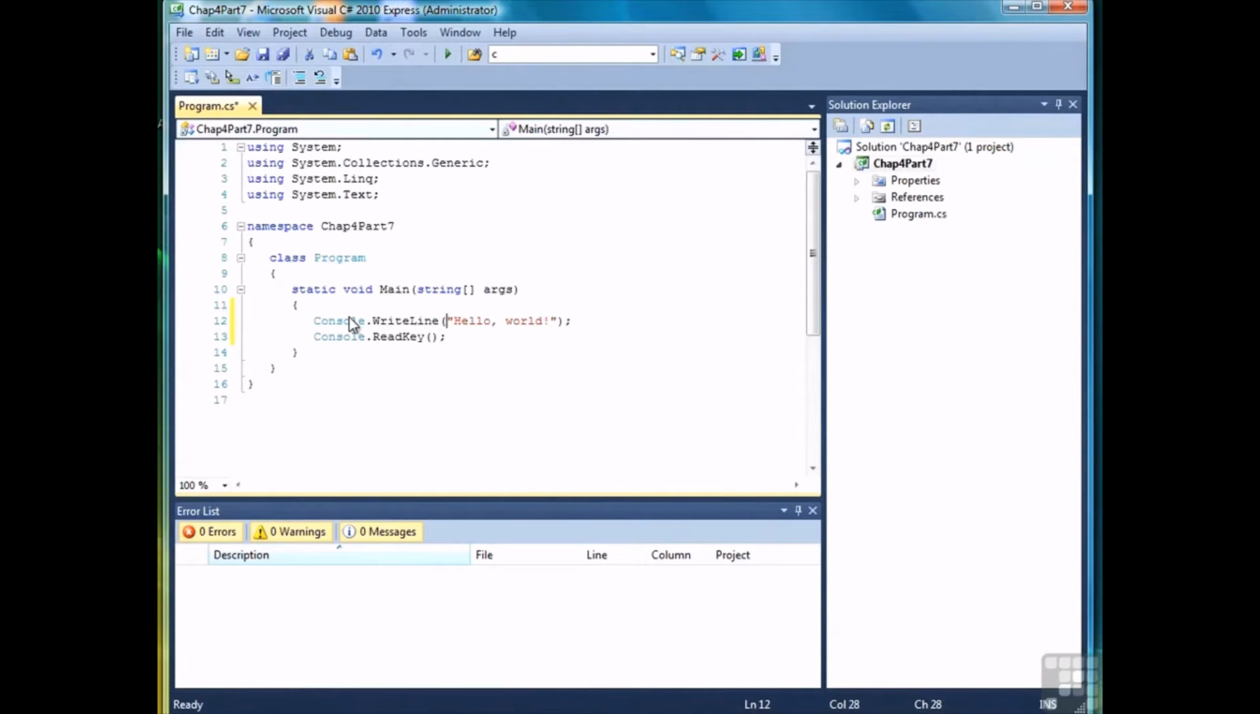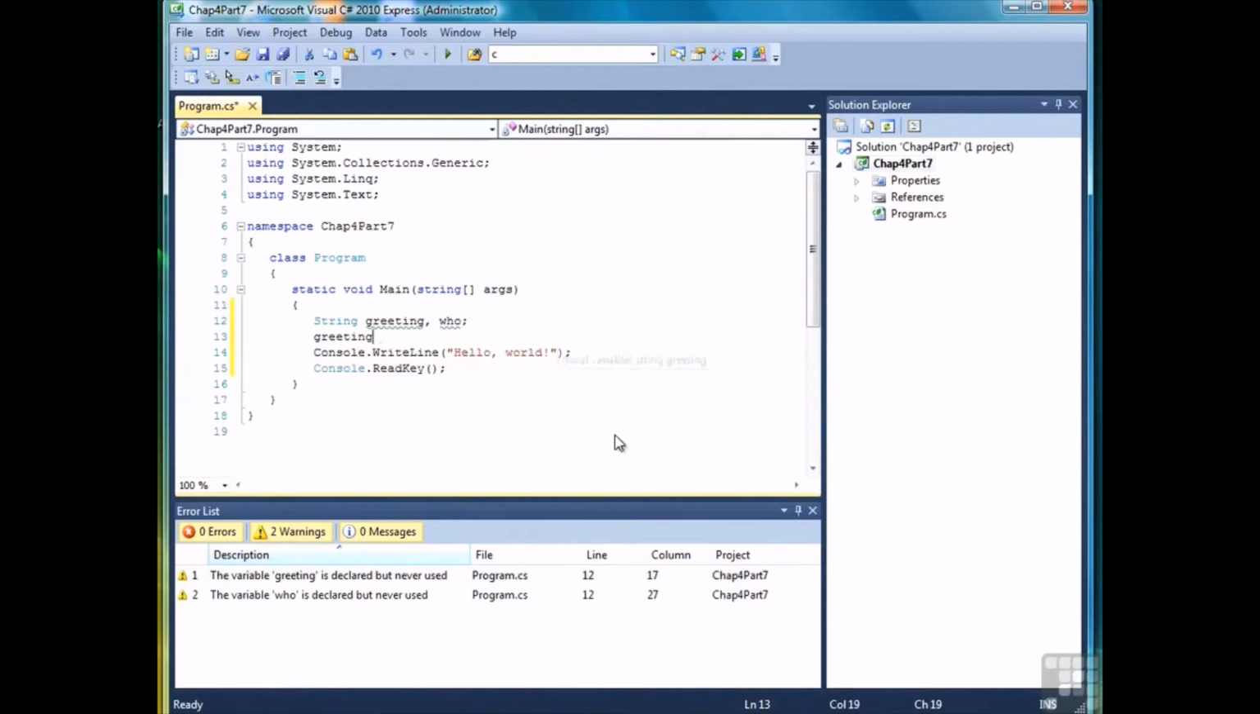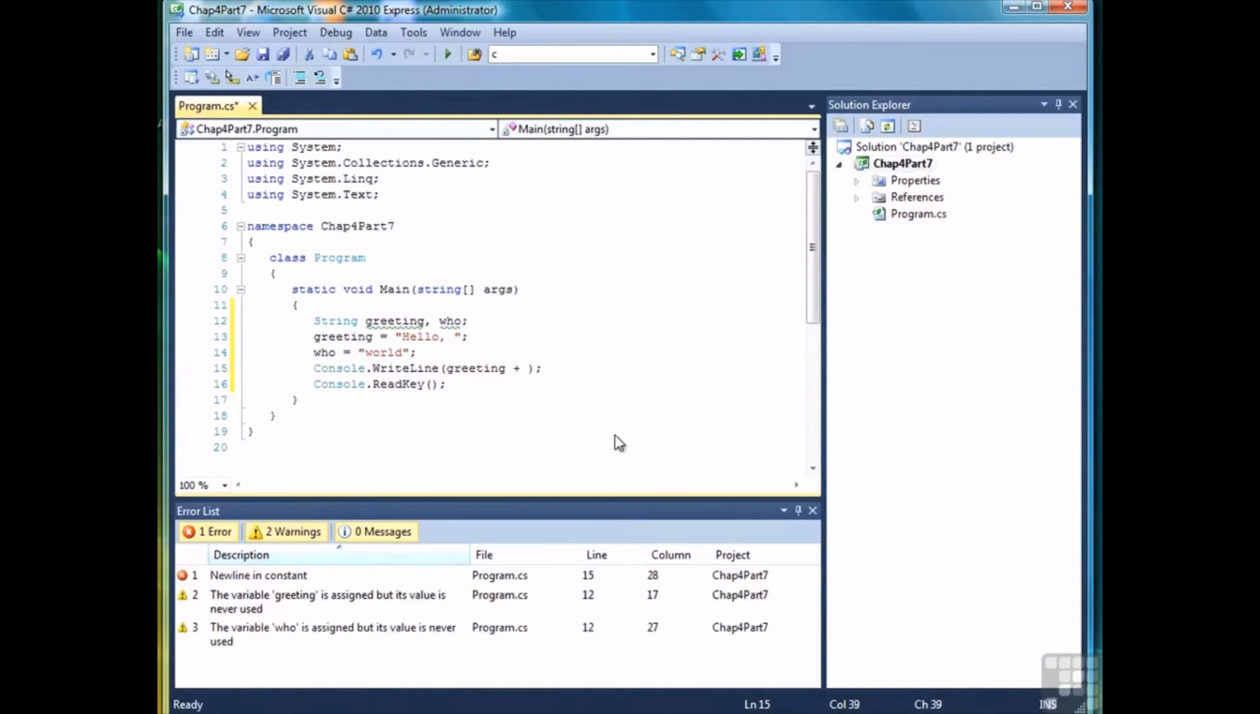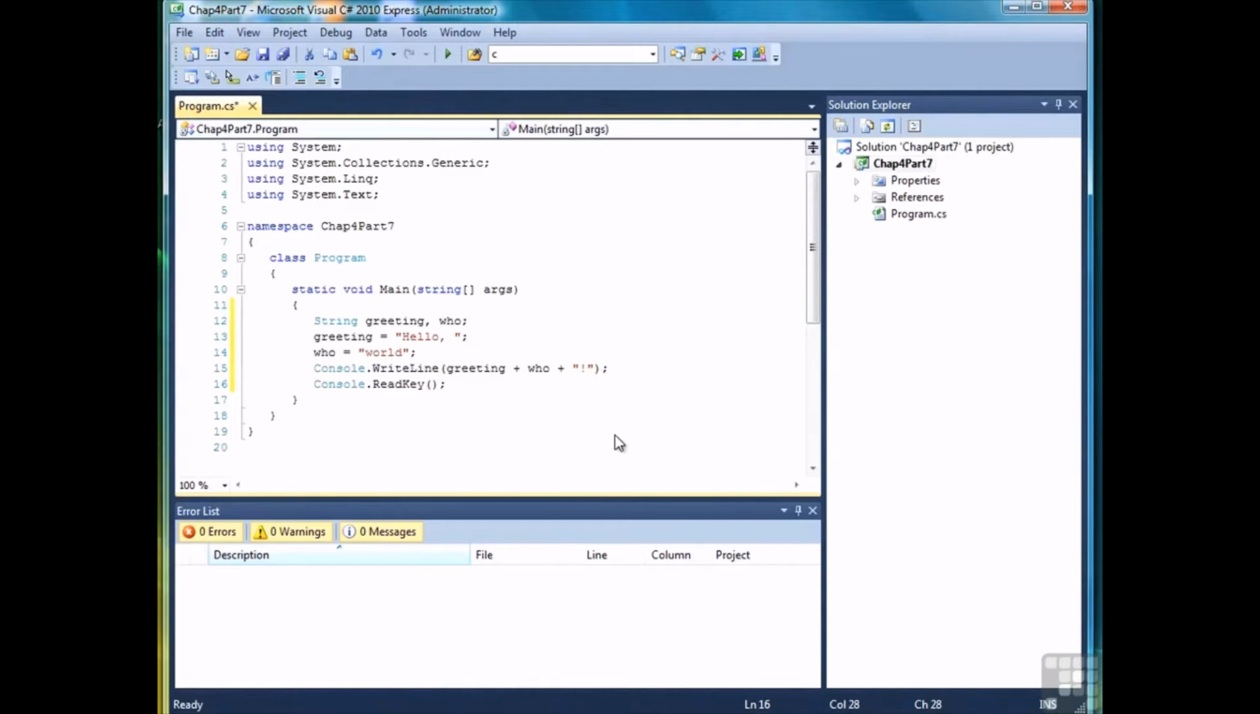So what we want to do here is modify the program so that we can change who we say hello to or what greeting we use. To do that, we need variables. In this case, we need at least 2 string variables. We'll call one of them greeting and the other one who. Then once we have that, we can say greeting equals hello, who equals world. And now our console write line statement will become greeting plus who plus an exclamation point if we want it. So now if we run the program,